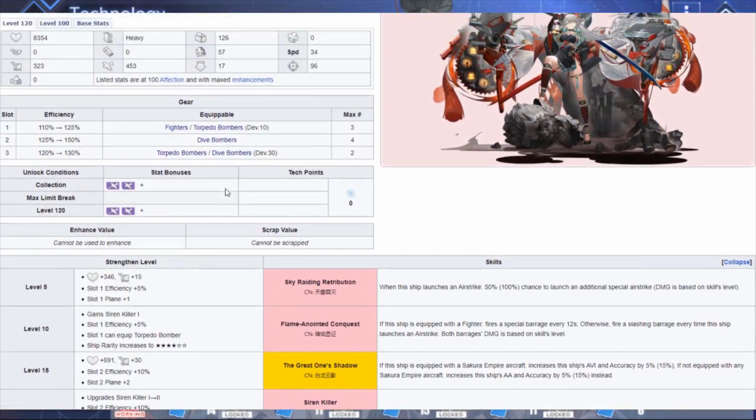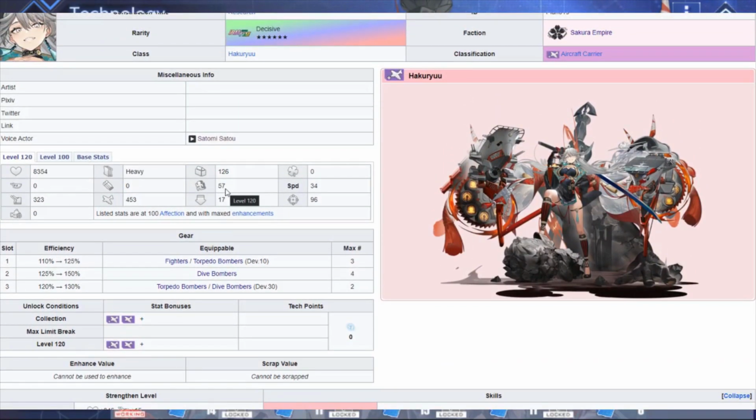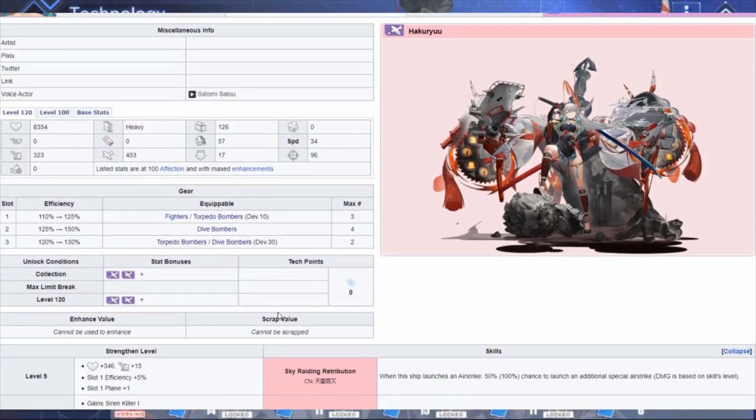Nothing like super crazy. Now, she's not like built for bossing like Shinano, Shokaku, them. But she's very, very good at wave clearing. Now, I know some people really don't care about wave clearing. I get it. Like, it's easy, right? It is easy. Mob clearing in this game is a joke. But